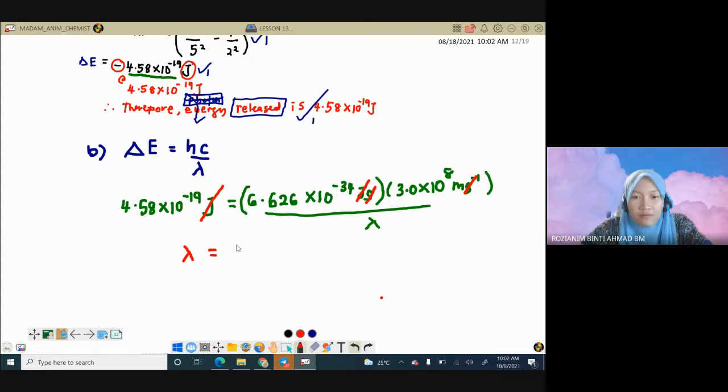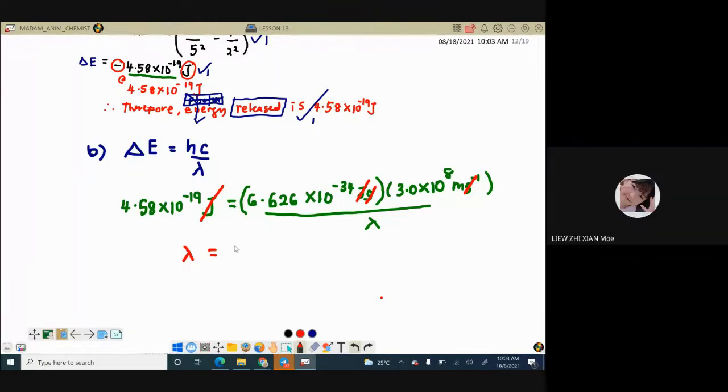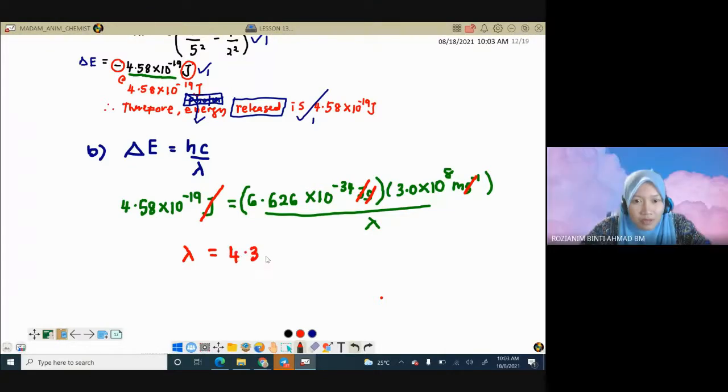Farhana, please give the value in meters now from this value. Wait a moment. Okay, what did you get just now? 4.34 times 10 to the power of? Negative 7. Okay, thank you. Negative 7. Okay, at this stage,